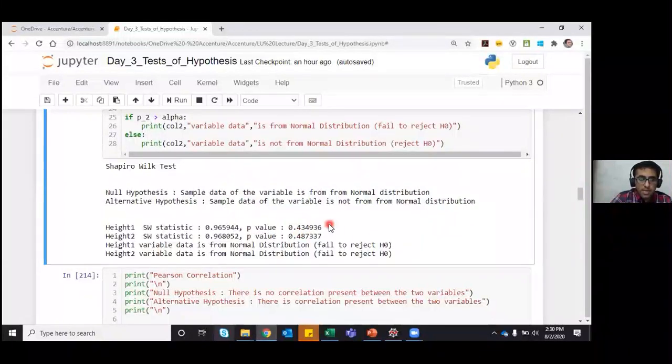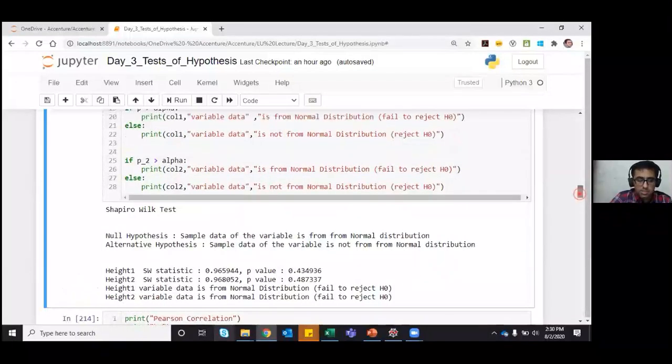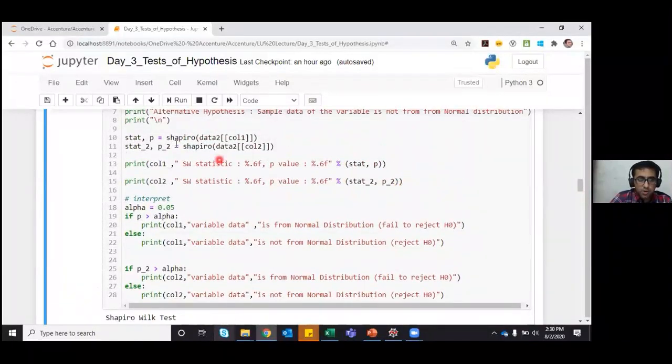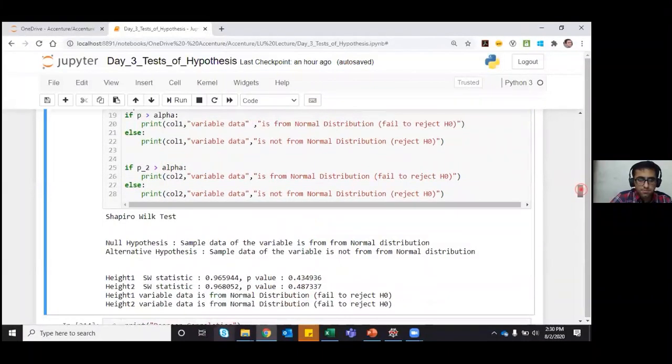Just because my p values are more than 0.05, that is why we accept the null hypothesis and conclude that the height 1 variable data is from normal distribution, whereas height 2 variable data is also from normal distribution, just because my p value is more than 0.05, which is my alpha. So p value is very much important to accept or reject a null hypothesis. And the syntax for Shapiro-Wilk test is Shapiro.